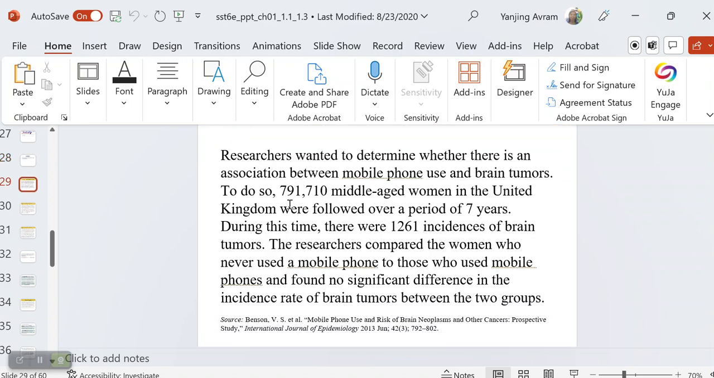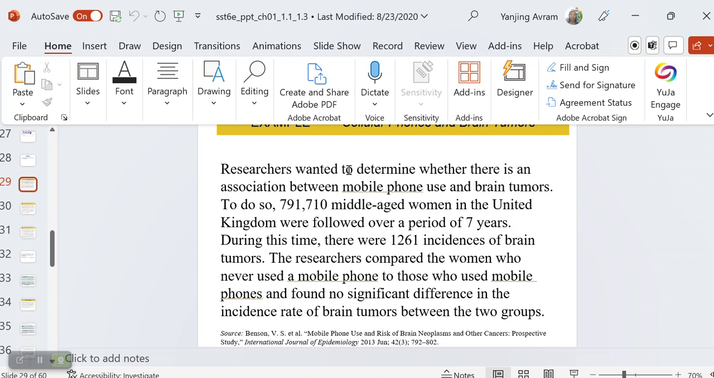All right, look at this example. Researchers want to determine whether there's an association between mobile phone use and brain tumor. To do so, they included many women in the UK and followed them for a period of 7 years. There were 1,261 instances of brain tumor